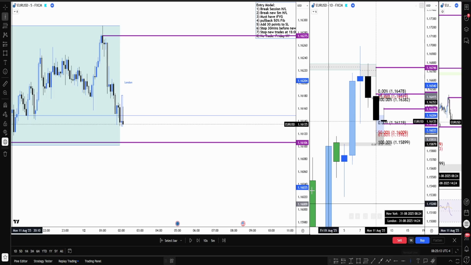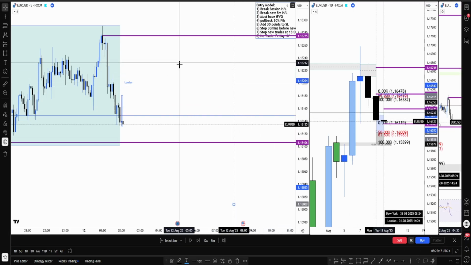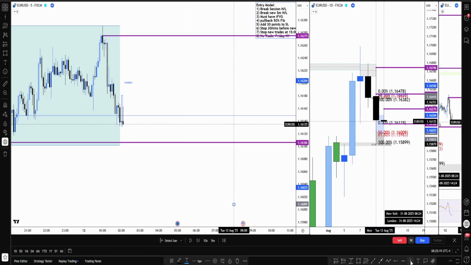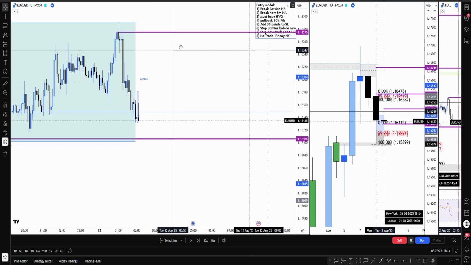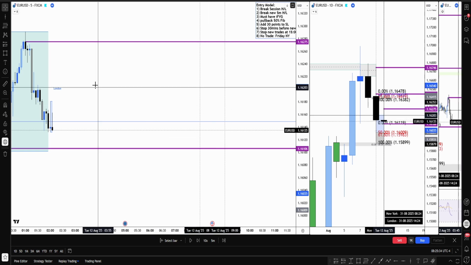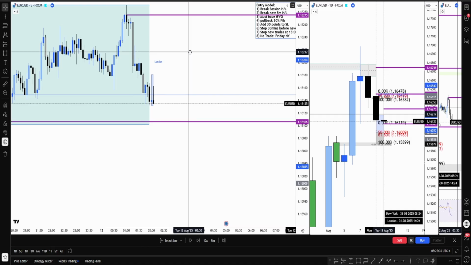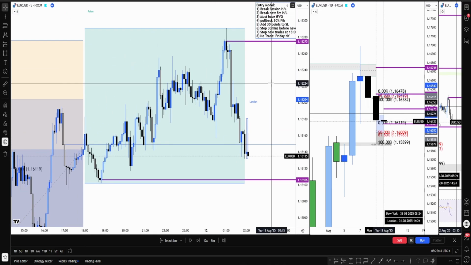We're going to mark a line at 8 because we need to stop trading there. Let's mark a line at 9 as well, because that is the start of the New York session. So if we do not enter a trade before we reach this line, then we stop until, let's say, 10 to 15 minutes after the news event has completed. In any case, let's move forward.